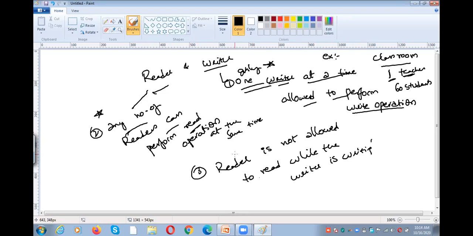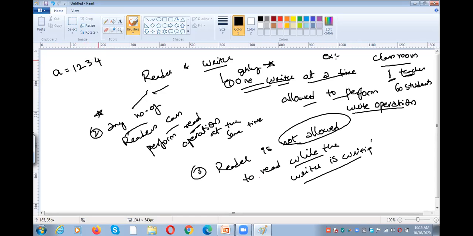And one more thing: while the writer is writing, a reader is not allowed to read the information. For example, I am writing the value of a. What is the value of a? If you read it now, you think the value of a is 1, but it is not 10. I am still writing. You say 12, but I am not done yet. Now 123, I am not yet done. The value of a is 1234. Like that, while I am writing, you should not read.